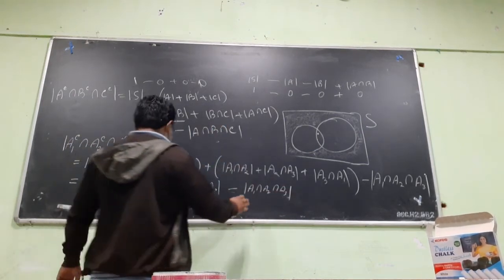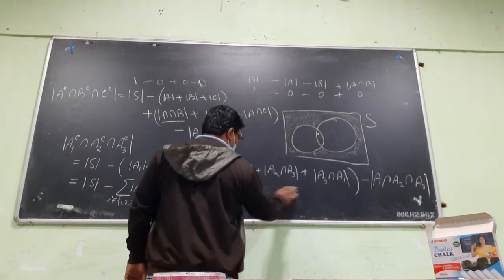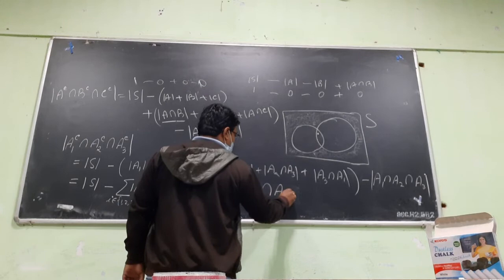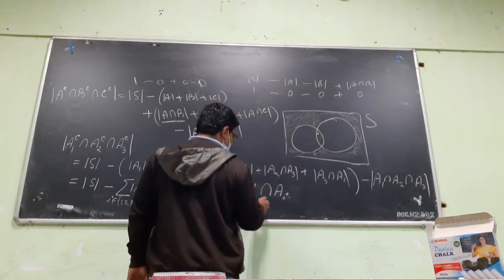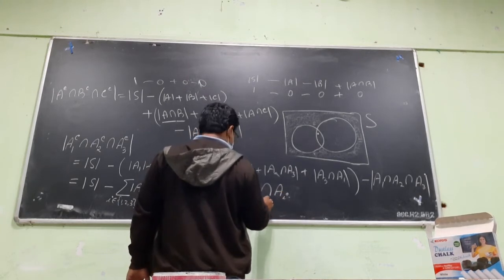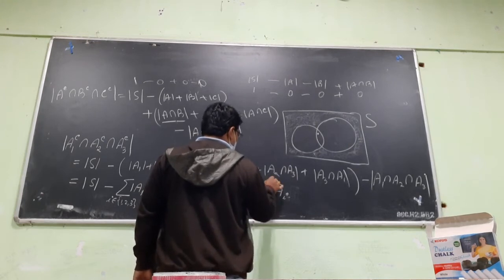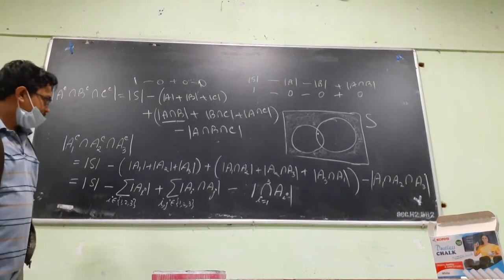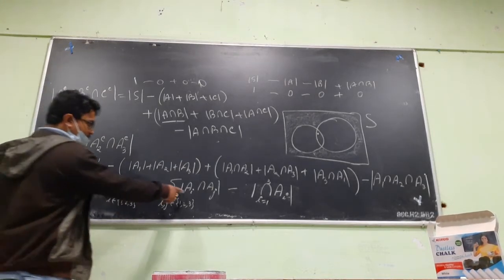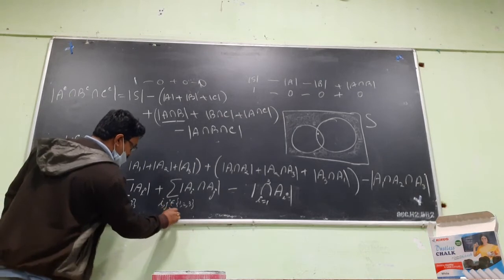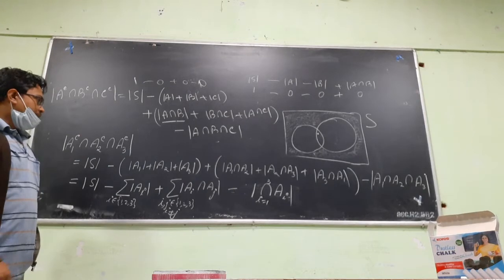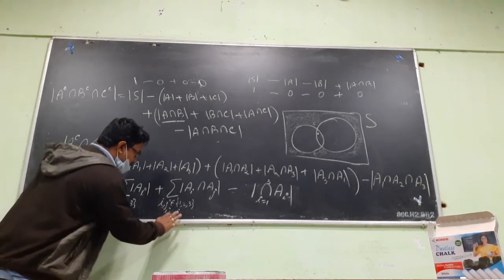Okay. Right. So let us introduce one symbol for this also. This is the number of elements of the intersection of Ai, where i goes from 1 to 3. So here your i, j belongs to this and i is not equal to j. Or more precisely, I can write it as i less than j.